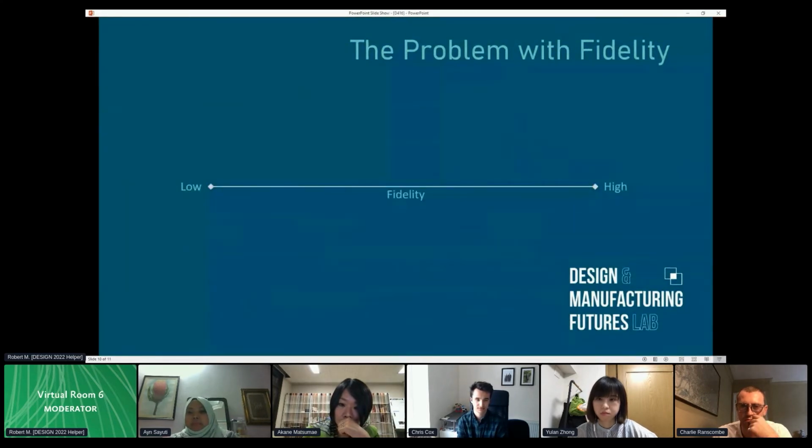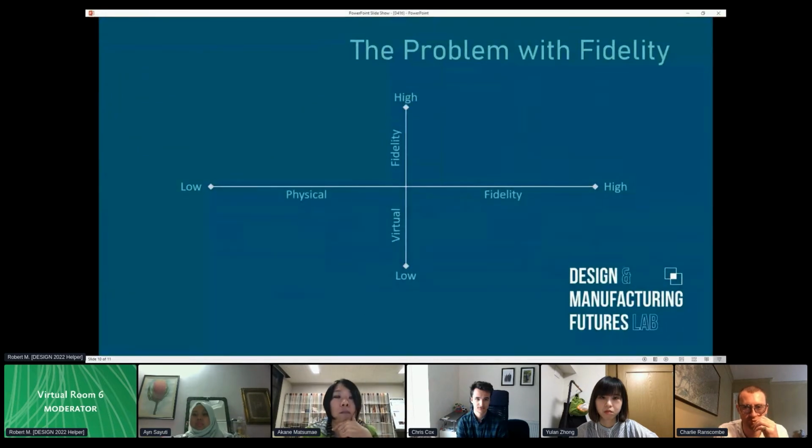However, this spectrum fails to capture a lot of detail, and its subjectivity can make the distinction between high and low fidelity difficult to discern. To further complicate the problem, when using mixed reality prototypes, we must consider the fidelity of the virtual elements as well. Using this methodology to categorize the fidelity of a mixed reality prototype is difficult and often unhelpful.